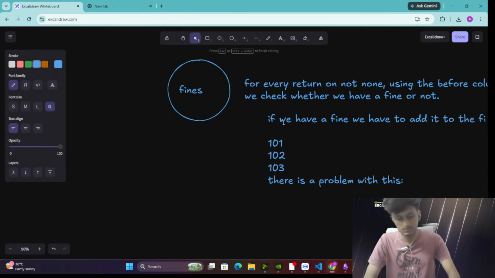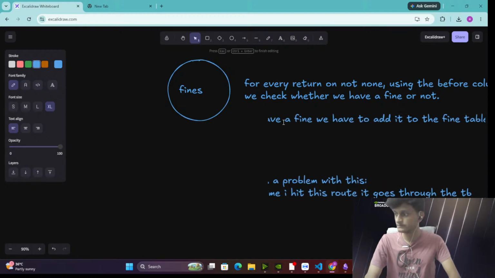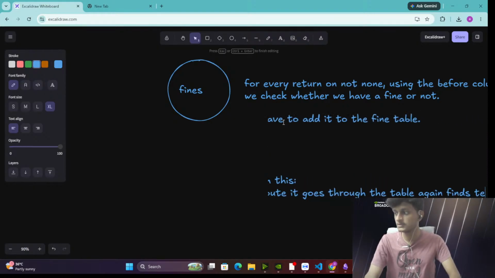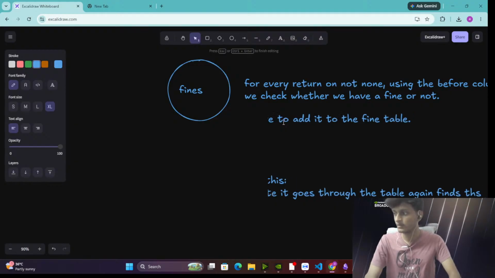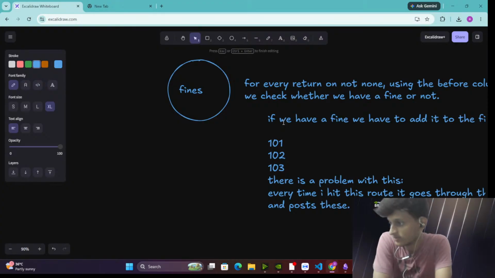The problem is every time I hit this route, it goes through the table again, finds keys. The problem here is